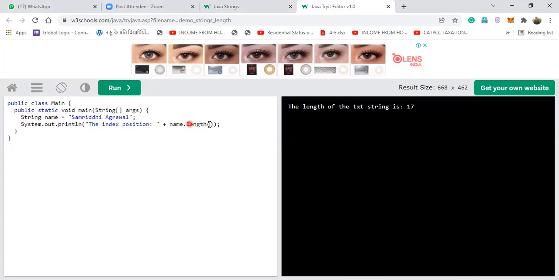Okay, name dot indexOf. See here once again, indexOf. How many words are there? And this O is capitalized. Index of what? I'm finding Agrawal. What answer are you expecting?